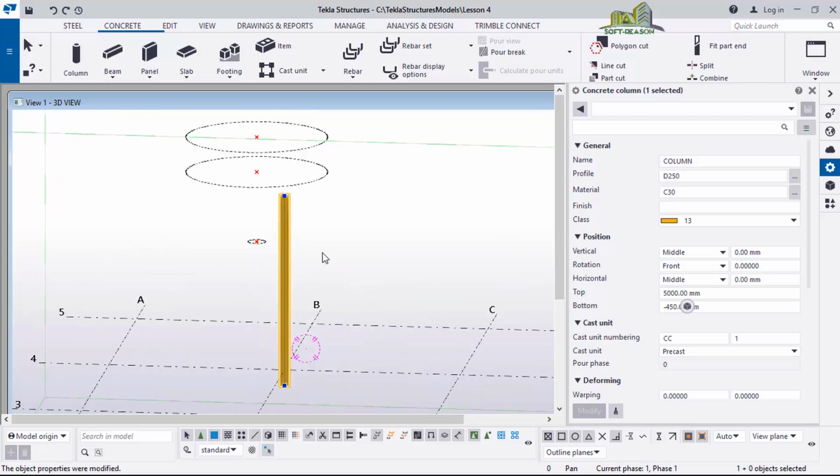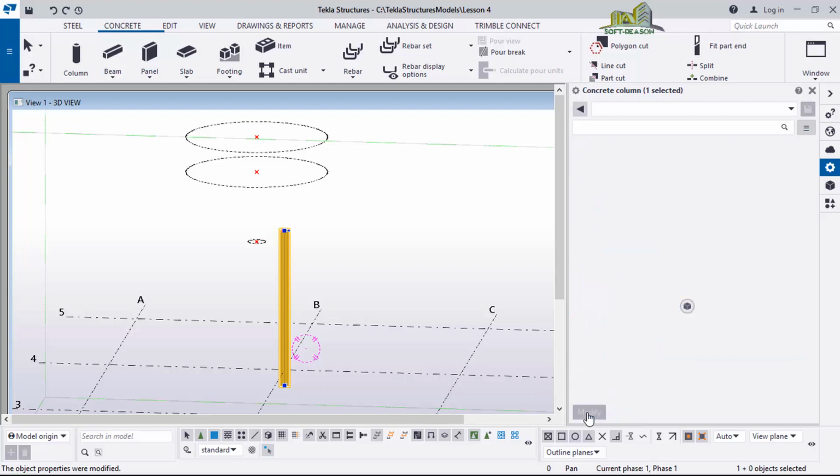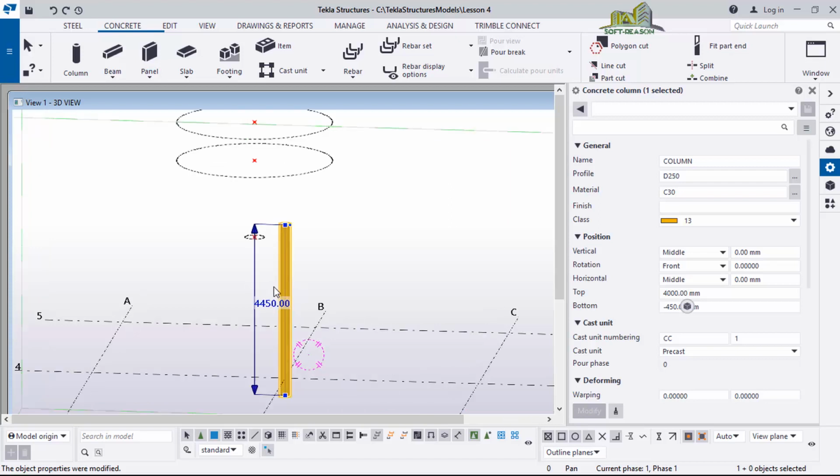All right, I want to reduce this again. Let me see, 4 meters. So I'll type 4 meters, modify.